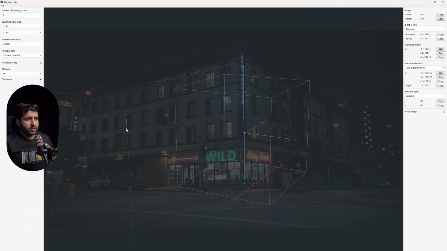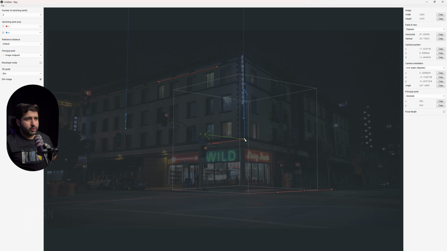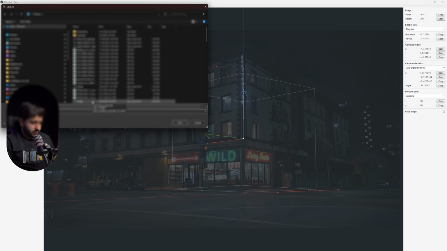So you just have to keep an eye on this cube, and after this just align this x-axis like this, and you can see our cube is now aligning, and you can see we get our cube orientation good. So now I will simply save it, File, Save As, and you can name it what you like.